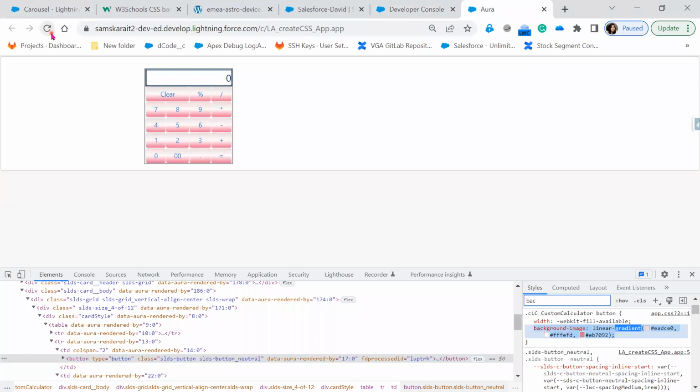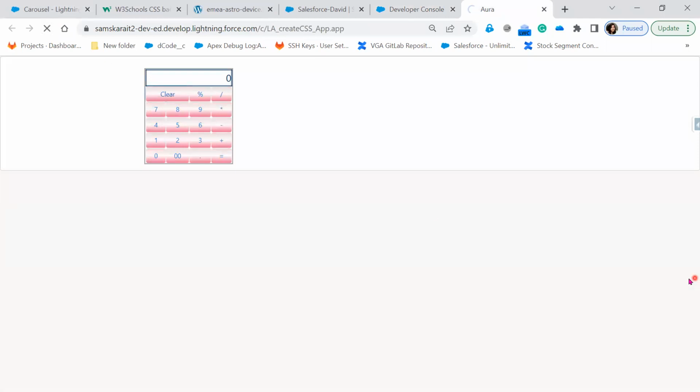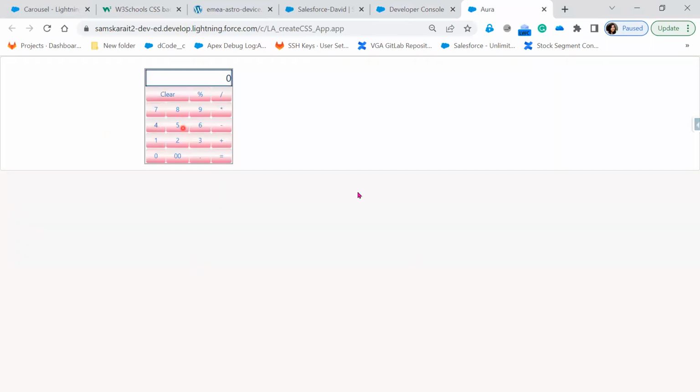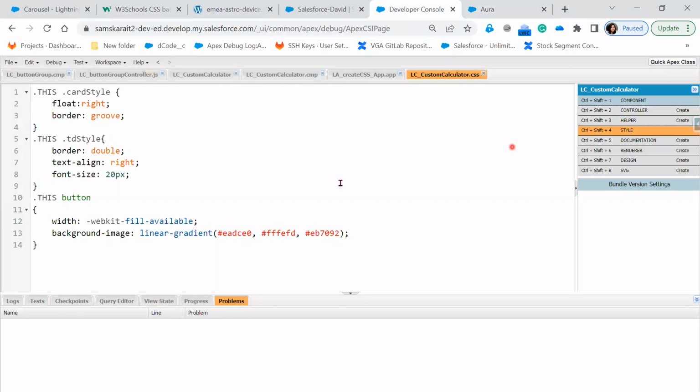Perfect. So let's refresh. Now our UI is almost done, right? How much CSS have we implemented? Only three